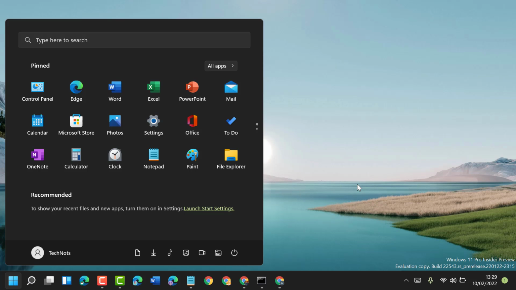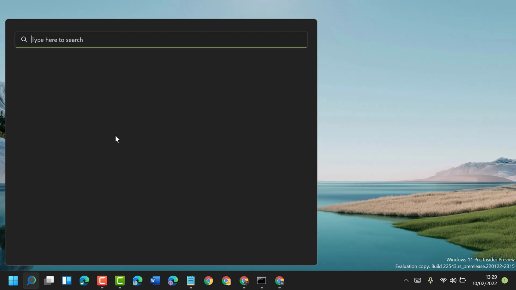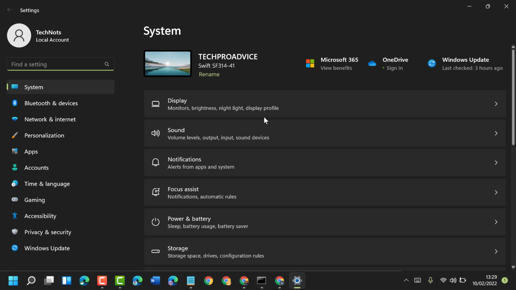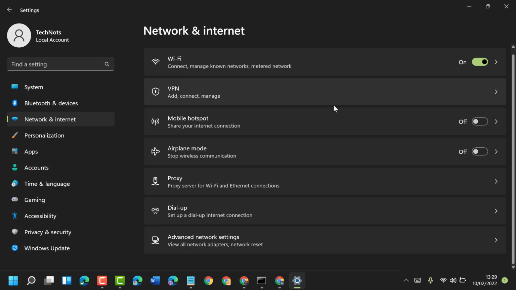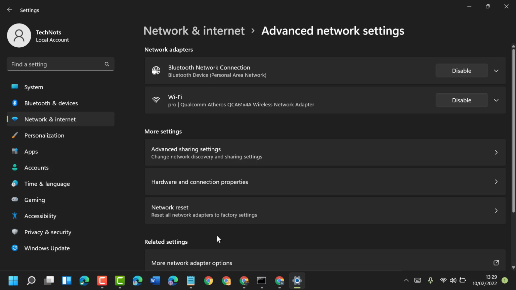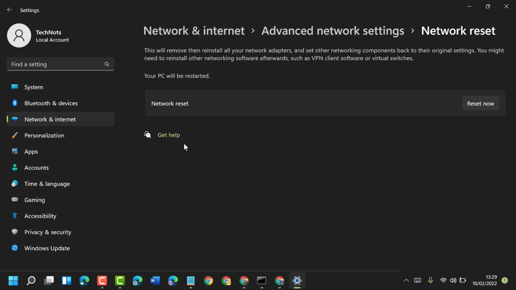And once you restart, guys, after restart you have to try the second method. Click on start, then open settings. Now here guys, you have to click on this network and internet, scroll down and click on advanced network settings. Now guys, here you will see the option network reset. Click on it